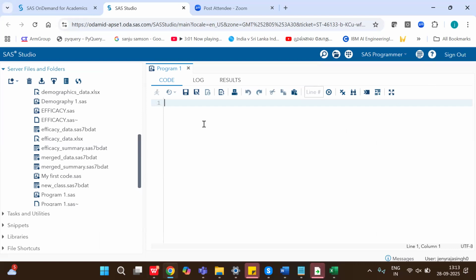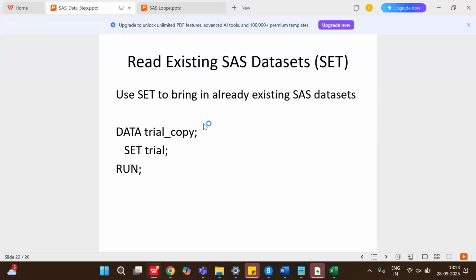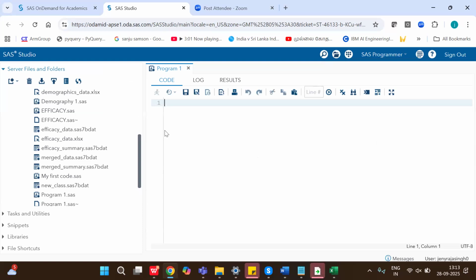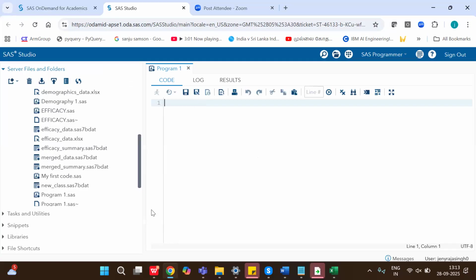Okay, so we will see what the set statement means. In SAS, there is something called the set statement. Set means if you want to read already existing data sets. Okay. So for example,